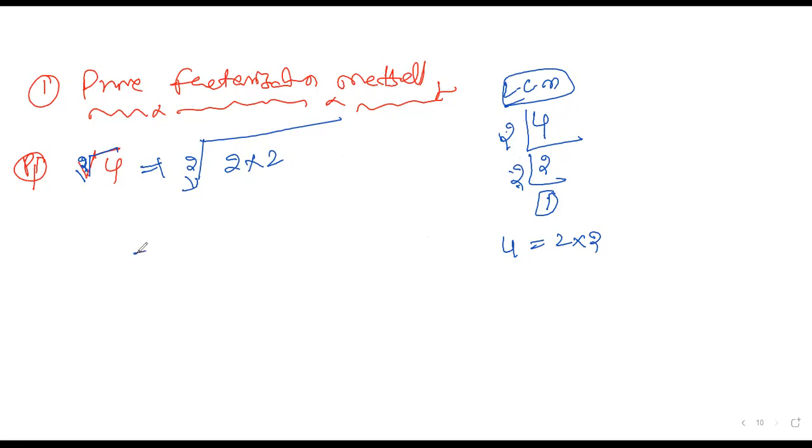The very interesting point here: what is the number here? 2. Here the number is 2. If you have two numbers of the same kind, you can take one number out. There are 2, so you take one number out. Only 2. The square root of 4, the answer is 2. Clear?